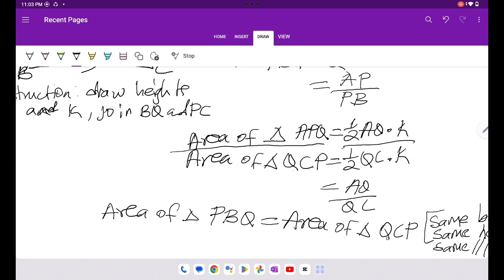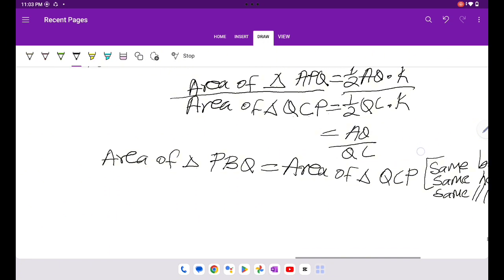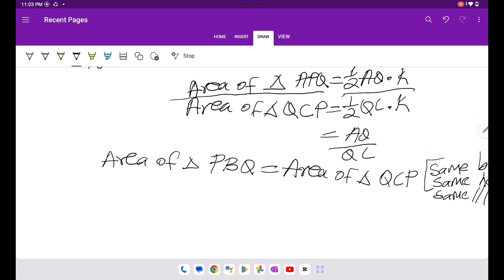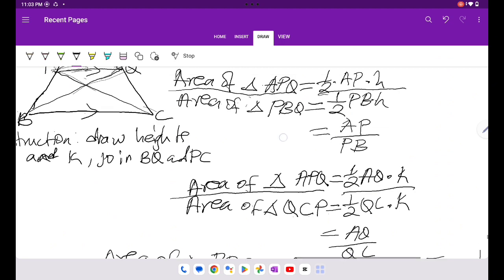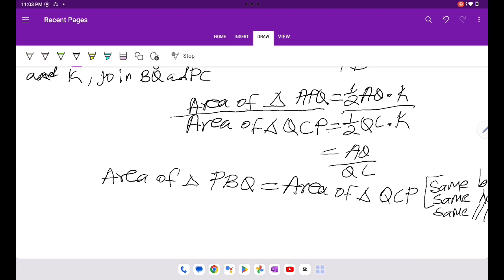This will enable you to write these two statements and say they are equal, because the top triangle is APQ, even here it's APQ. Hence you needed to equate the two triangles below so that you are able to conclude that